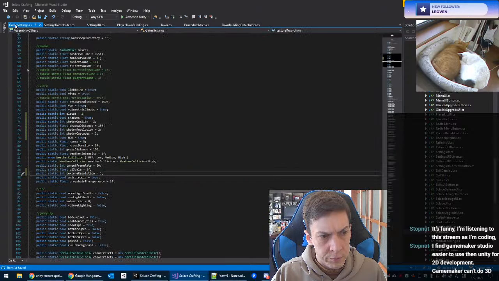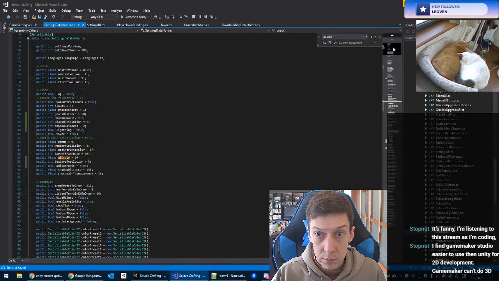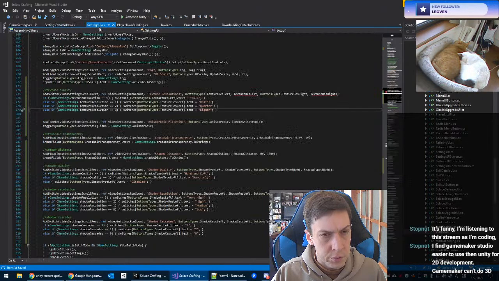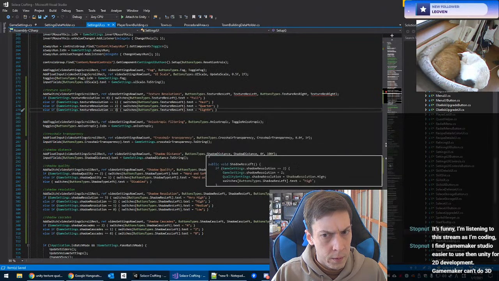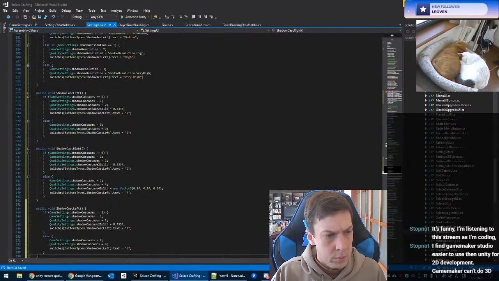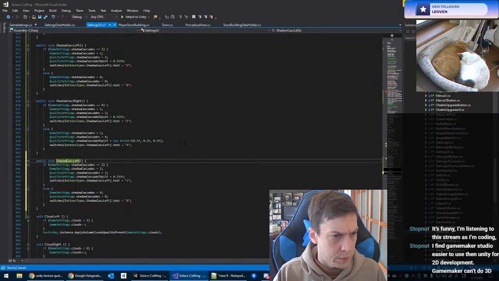Over here we've set, nope, yeah, we want that to be 0 by default. Same with you, 0 by default. Start menu setting it to 0. Down here, we're going to set shadow, nope, texture resolution to